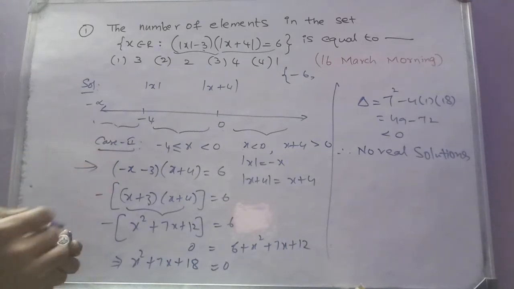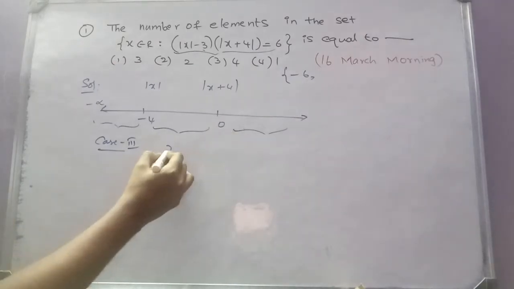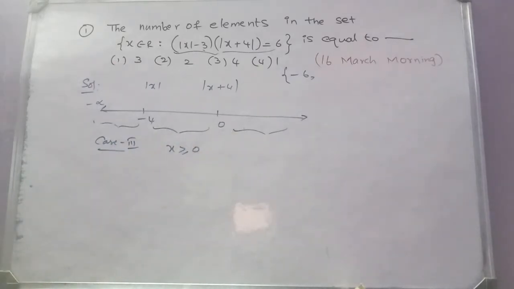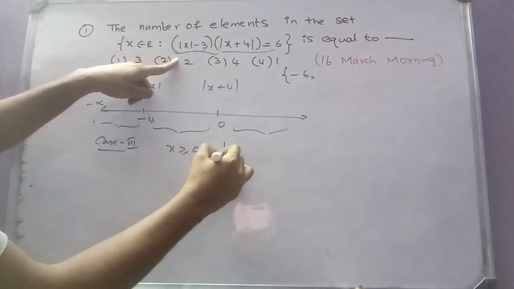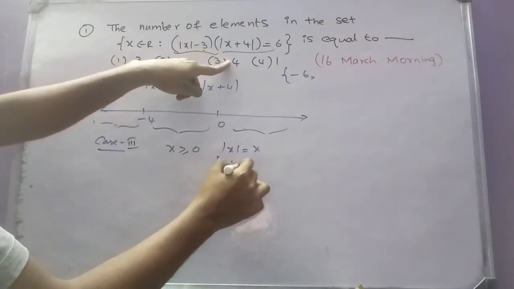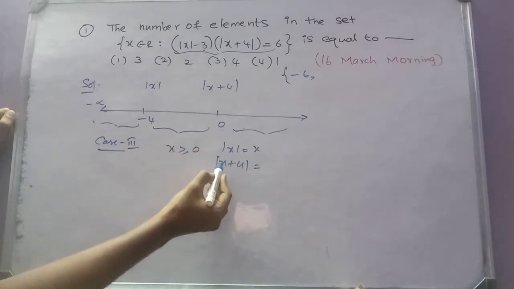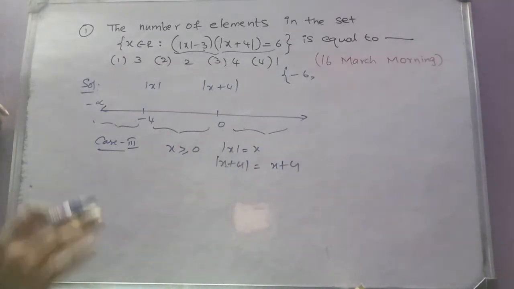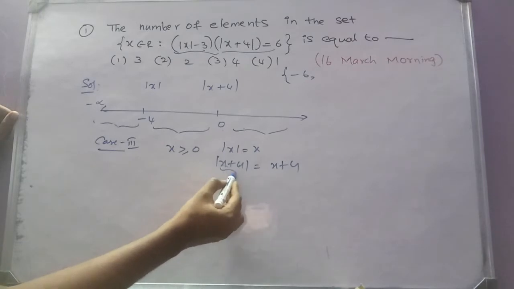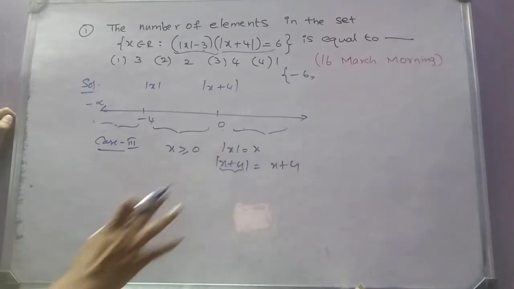Let us go to case 3. So in case 3, that means when x is greater than or equal to 0, x is positive or equal to 0. It's non-negative now. So mod x is equal to x. Take any value which is greater than or equal to 0, for example, x is equal to 1. So x plus 4 means 1 plus 4, which is 5. It is positive. So understand that whenever x is greater than or equal to 0, the thing inside the modulus is positive. So if I remove modulus, the same thing will come outside without any sign change.